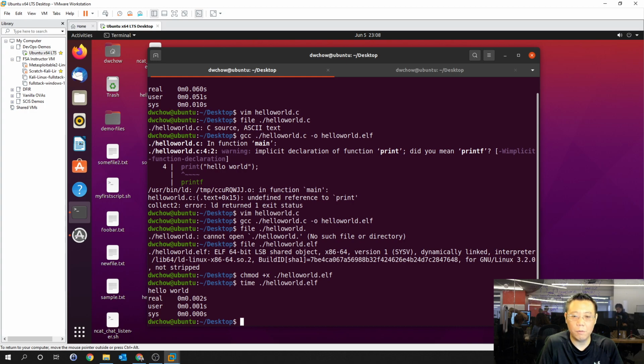Python is going to be more portable as long as Python is installed in other systems. This, however, even though it's dynamically linked, the standard in and standard out header file is in most common Linux distributions. So really, this file